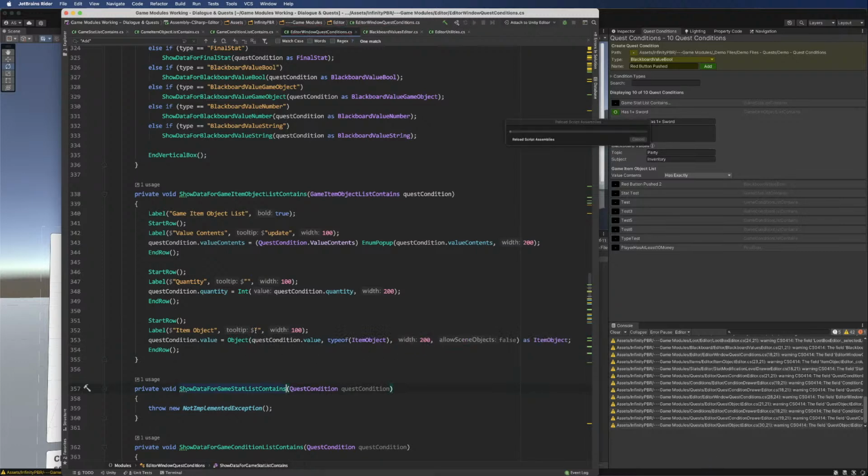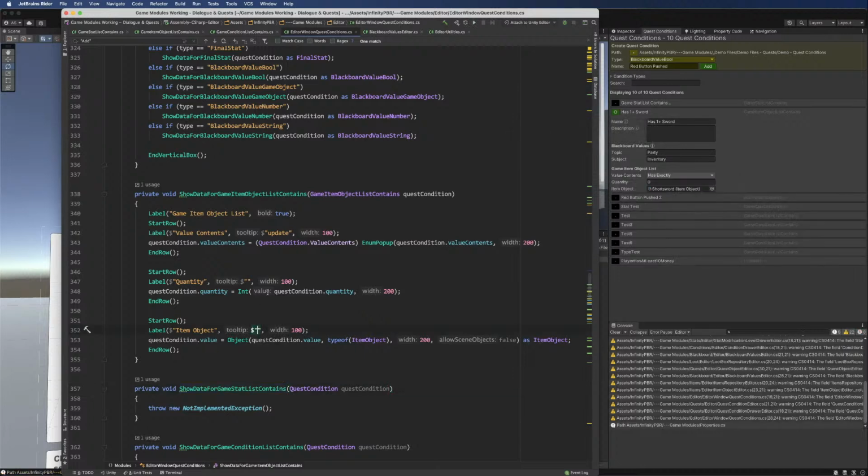That should do that. Okay, there we go. So I think instead of a tooltip, we could say down here